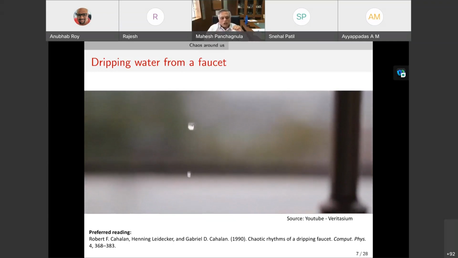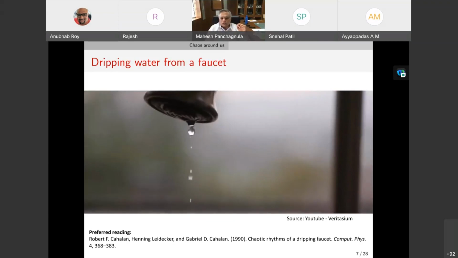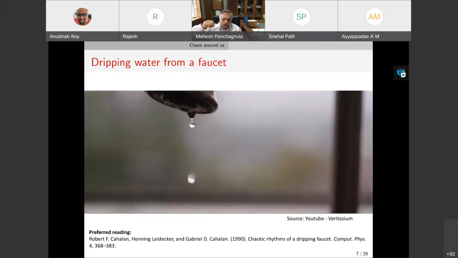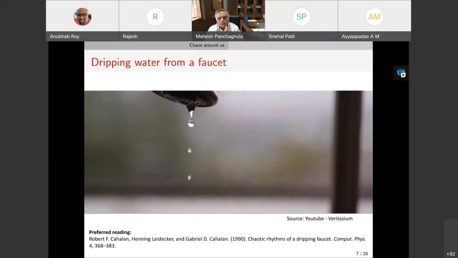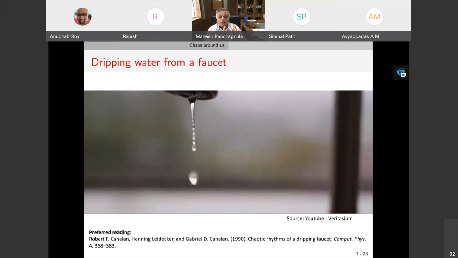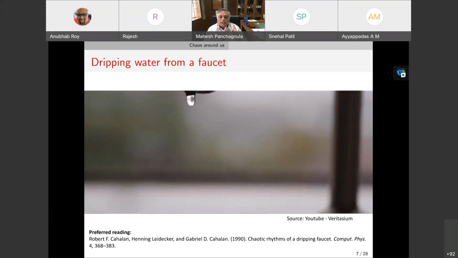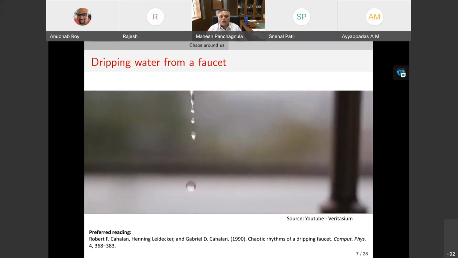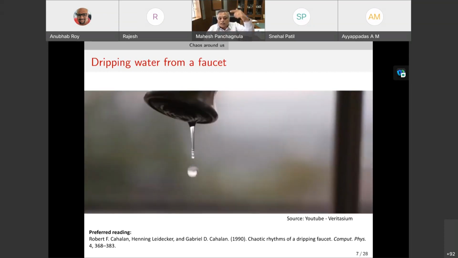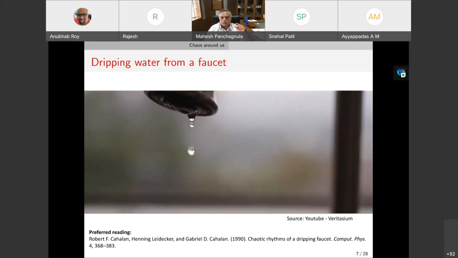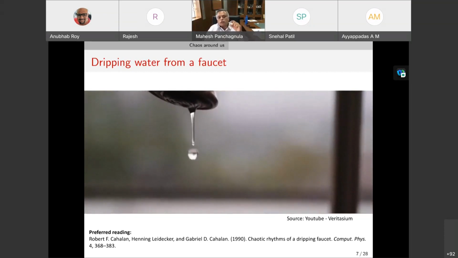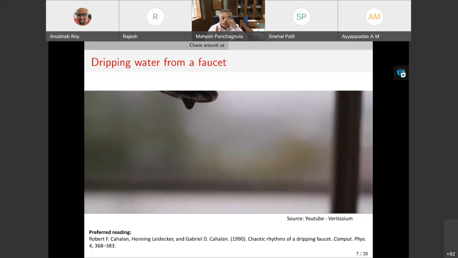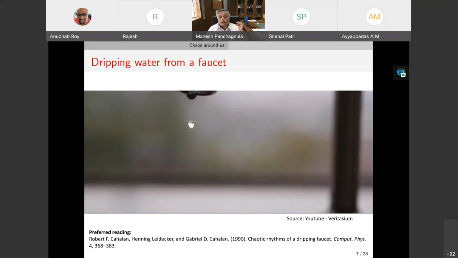Now, beyond that point, kitchen faucets don't give us the controllability, but people have done more controlled experiments where you can even ever so gently increase the flow rate, and you'll see patterns of 4 drops dripping right behind each other. Okay? And then going forward and forward and forward, you see this state where you simply cannot predict what the time period, what the inter-drip time spacing is going to be. The inter-drip time spacing becomes very unpredictable at some point when this dripping faucet goes into a chaotic rhythm.